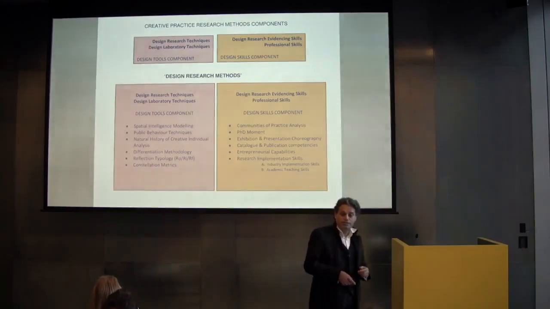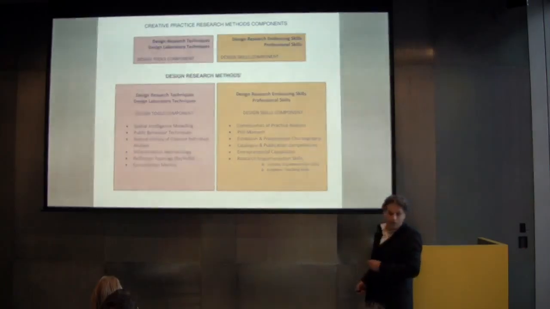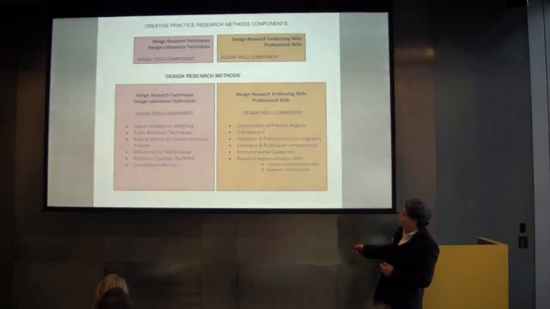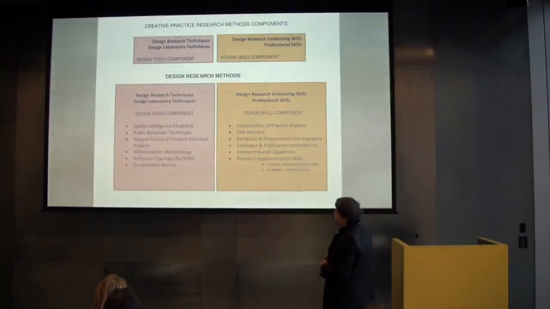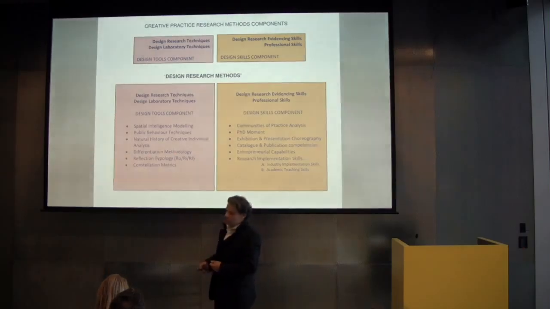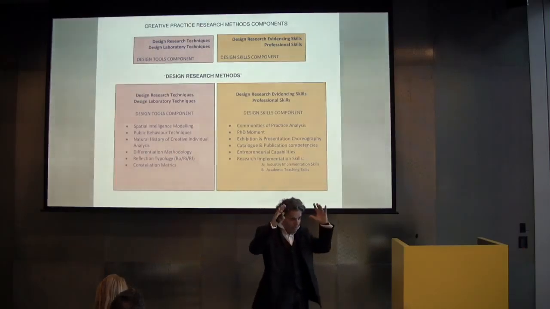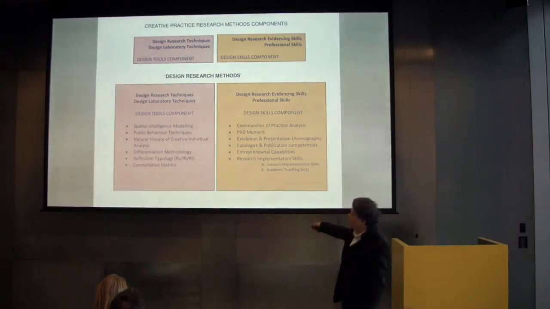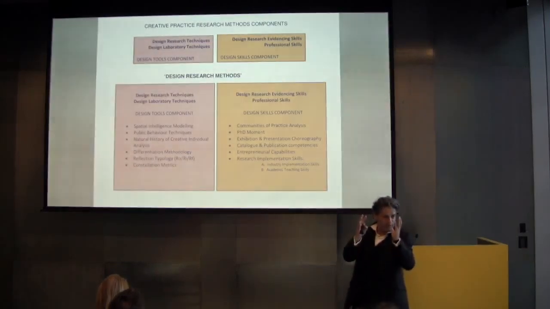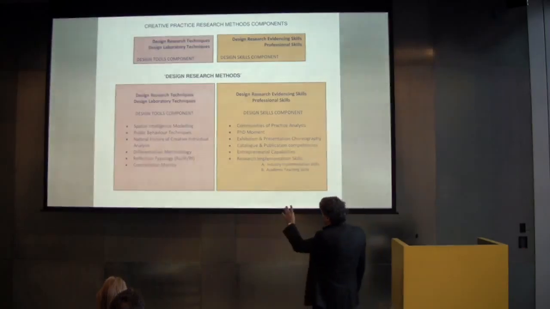as, say, other sciences. So for that reason, some of the notions and ideas that you have already come across in your PRSs, namely communities of practice, the idea of spatial intelligence, discussing and investigating the spatial intelligence, going into public behaviors, the natural history of the creative individual to analyze that, the new book that deals with cases of differentiation. All these come up now as, as it were, design tools that we put forth. This is how we feel this is a sensible, an interesting, a worthwhile way to investigate